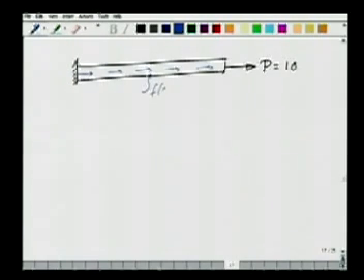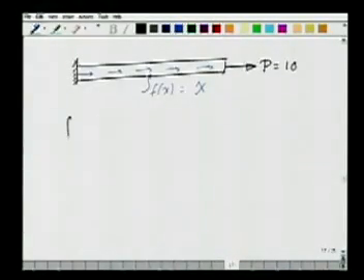This is f(x) is equal to x. So for this model problem, how do we go about again finding a solution? Same process that we had done for the problem with these concentrated loads. The only difference that we'll have is that in this case I will get integral of 0 to 1